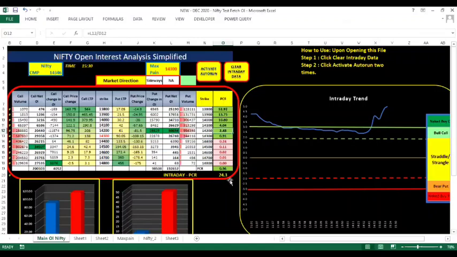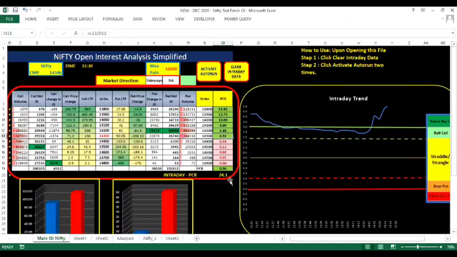In my view, since the highest put writing is happening at 14,200 and the PCR calculation is above 2, which is 2.48 right now, this level is likely to be a very good support. Even assuming Nifty breaches 14,200, the next is 14,100. Here the put call ratio is 4. So this is a much better support than 14,200, right?